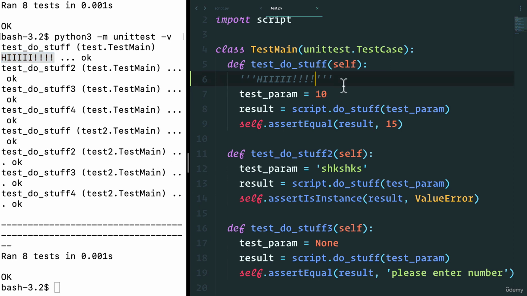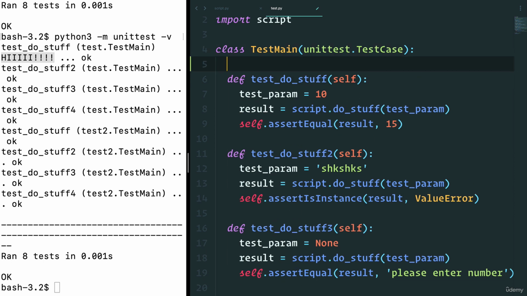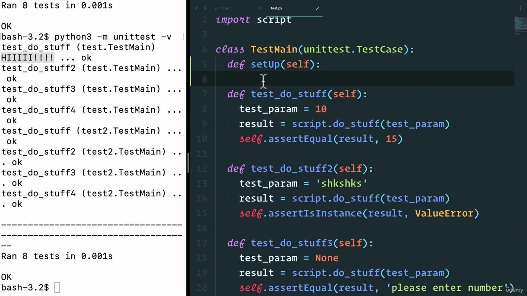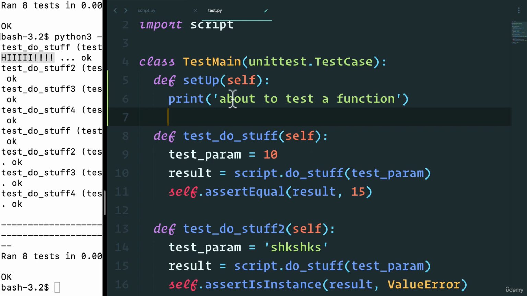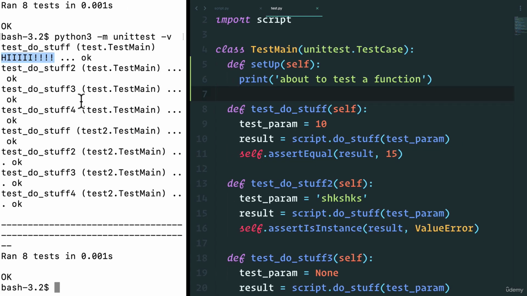What other neat thing can I do? Another default method that we get with unit test is something called setUp. And setUp allows us to run a piece of code that sets up before each call of the test. So for example, whatever I write in here, let's say I wanted to set up my test and just print about to test a function. Now, because I have this, if I run my code now,